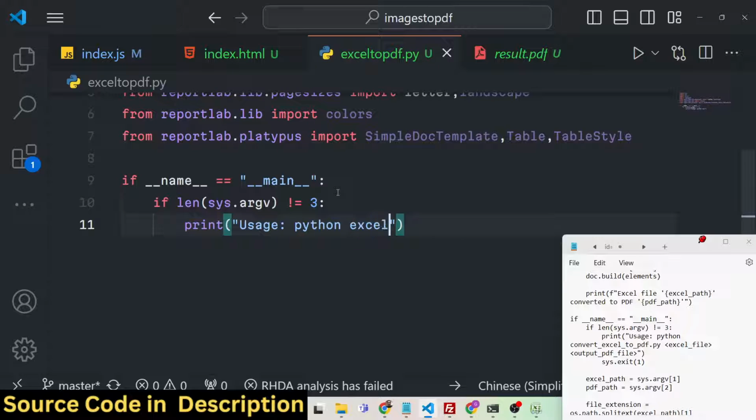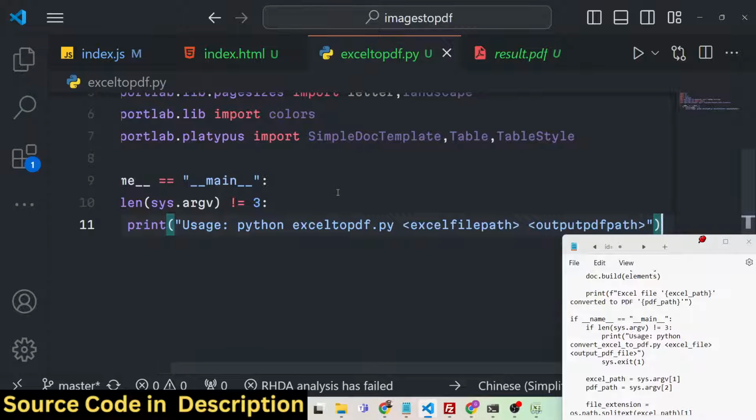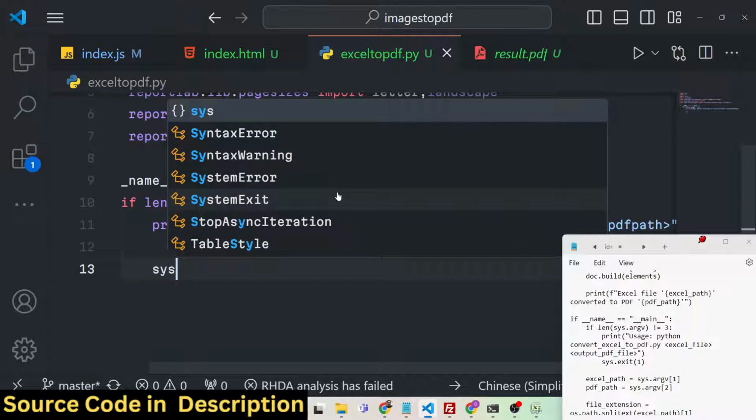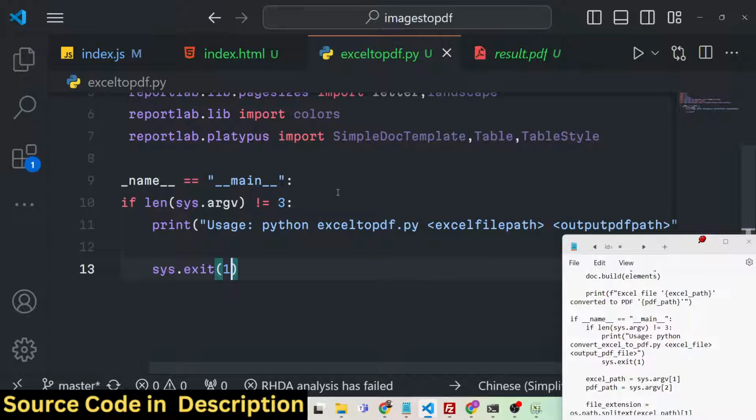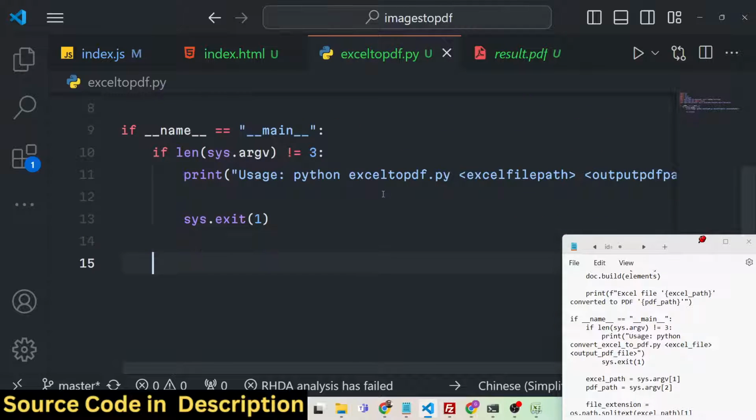So we will write Excel to PDF.py, and here we need to provide the Excel file path and the output PDF path as well, like this. Otherwise we will call sys.exit. Now if the user does provide the correct arguments, in that case we will read the Excel path